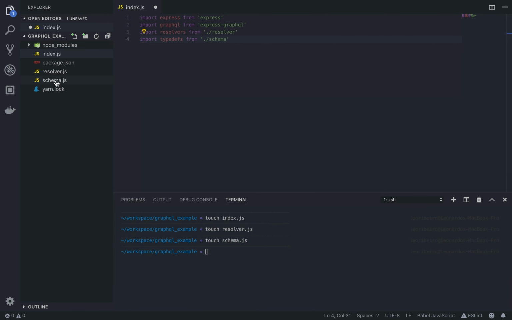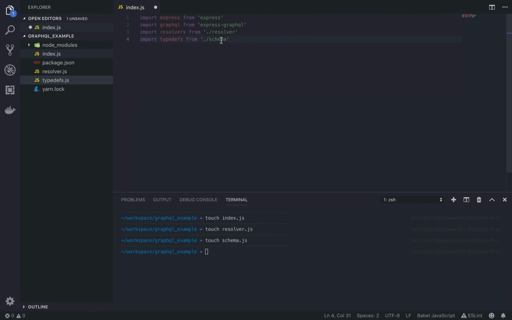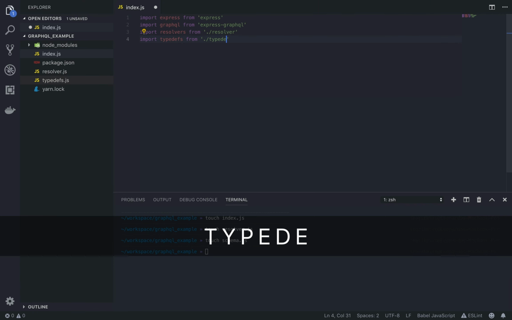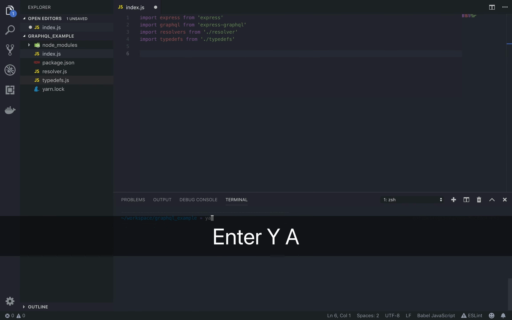I'll change this name here to typeDefs. It's better, yeah. And I also install, yarn add babel-cli,